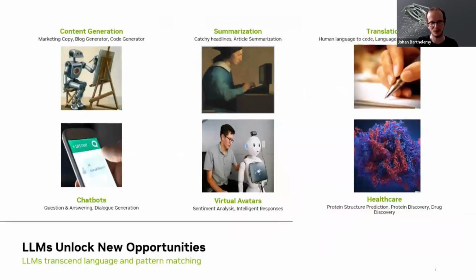But that's great, right? That's good news, because those large language models are actually unlocking new opportunities. You are able to create content now with those large language models. So you can use, for instance, Copilot on GitHub to help you code. You are able to ask an AI writer to write a blog piece for you. You can ask it to create images if you are using DALL-E or Midjourney or Stable Diffusion. Of course, they enable chatbots like ChatGPT, right? So you are able to have a conversation with an AI that will give you answers to your queries. You are easily able to develop summarization engines as well. So you can give it a big textbook, ask it to summarize it in a couple of paragraphs, and boom,